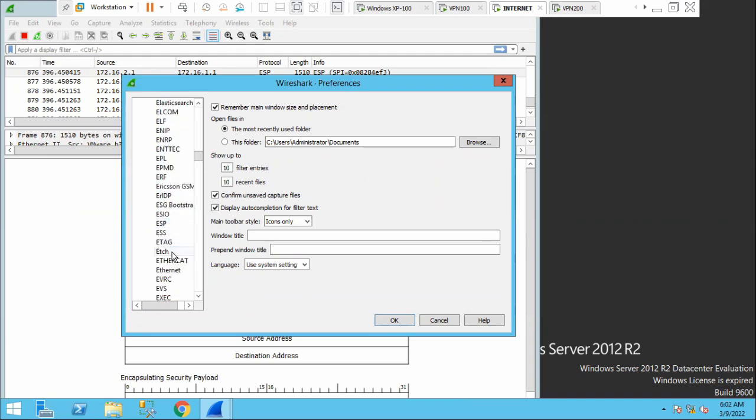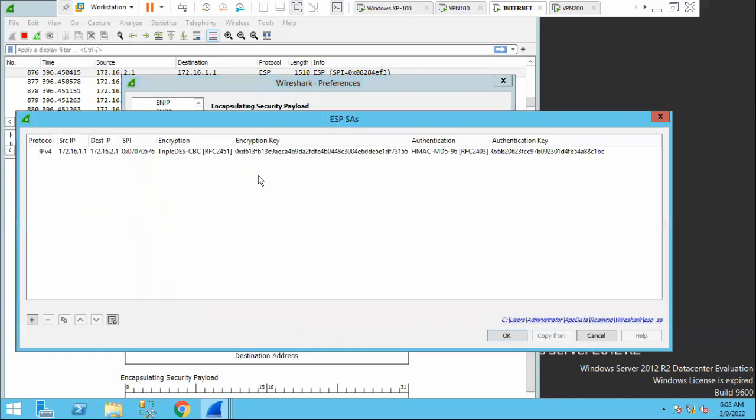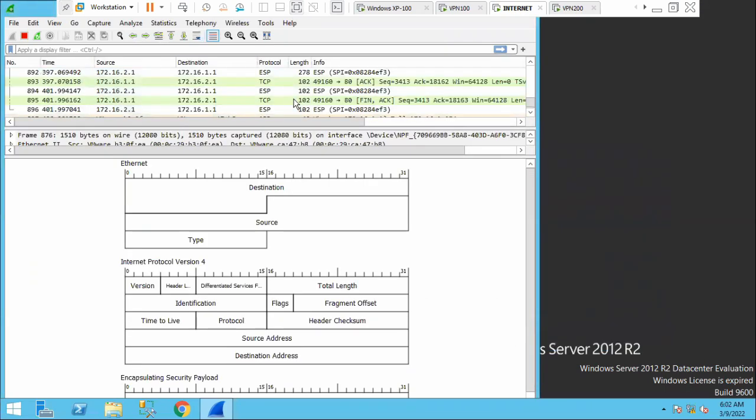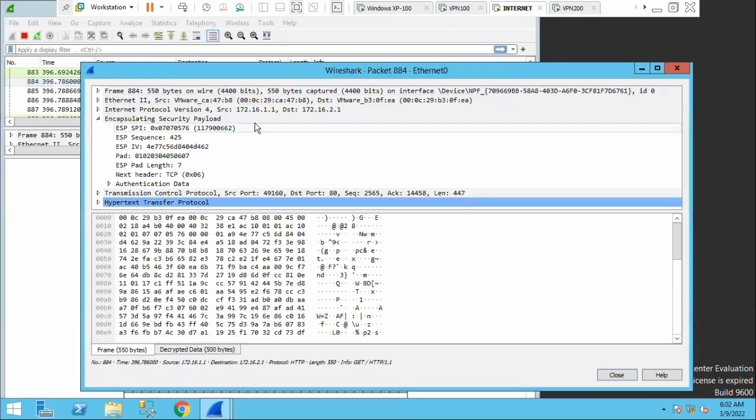So I had to correct the key because I changed the key. Let me go to ESP. I'm removing the extra characters here. So let me click OK and OK. Now you can see the actual data, because the ESP has been decrypted now in